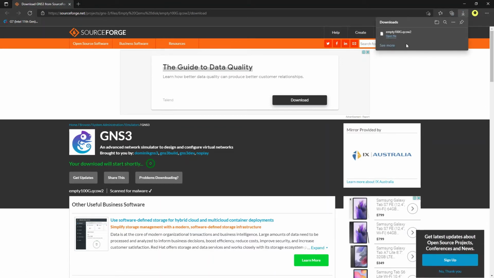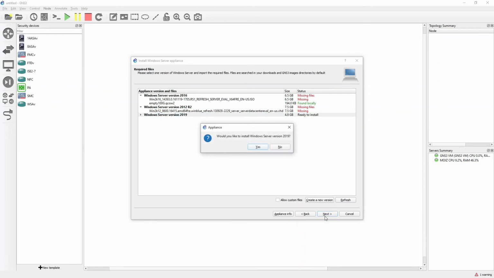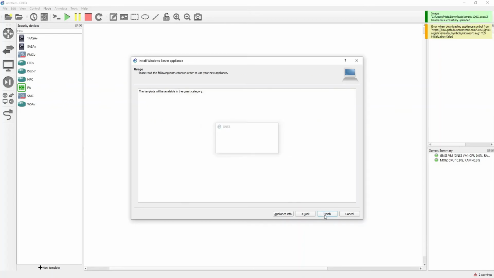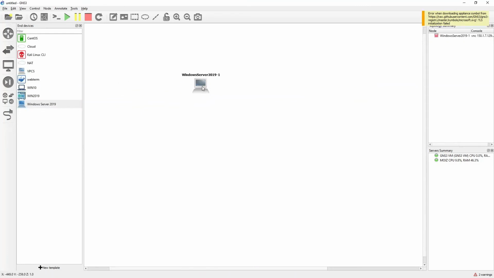Right, so the file has been downloaded, so I will just go ahead and do a refresh, and you can see that it is ready to install. So click on next, click on yes, and finish, and OK. So if I go to my guest category, here you can see that I am having Windows Server 2019,